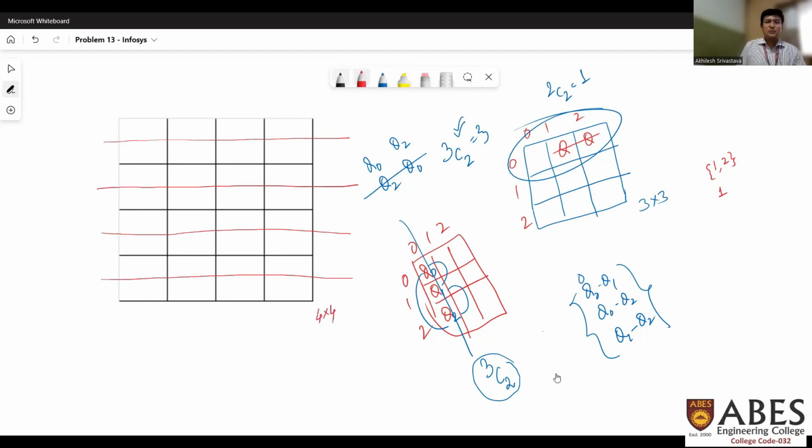Let's say there are some queens placed on the first line. Let's say there are 3 queens placed on the first line. Then the total number of the possibilities for the pairs will be 3C2 only for the first line. Similarly, if I place some of the queens there on the second line also,